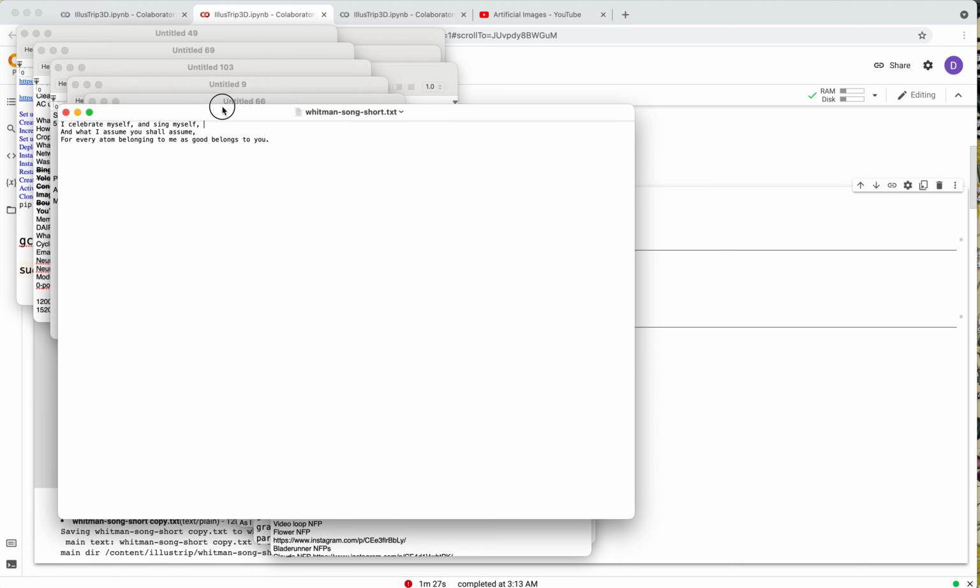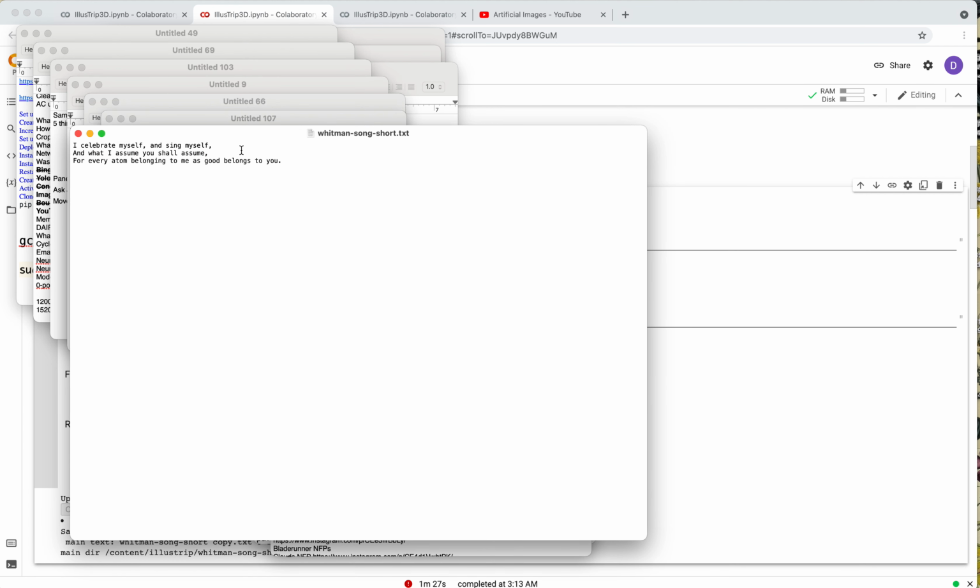We're going to generate a style file, and it's really important that you have an equal number of text and styles. So if I have 3 content things, I need 3 different text styles. Generally what I do is write underneath each one of these what my style should be, and then remove the text content. So for I celebrate myself, let's say image of singer, and let's keep the same style, featured on ArtStation